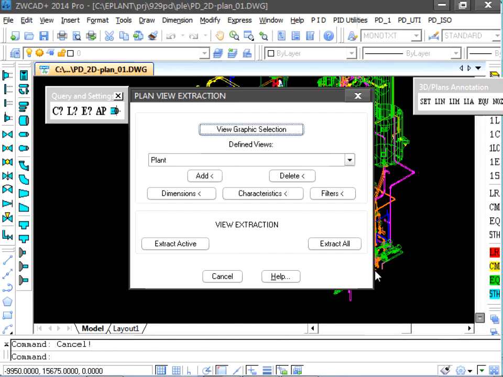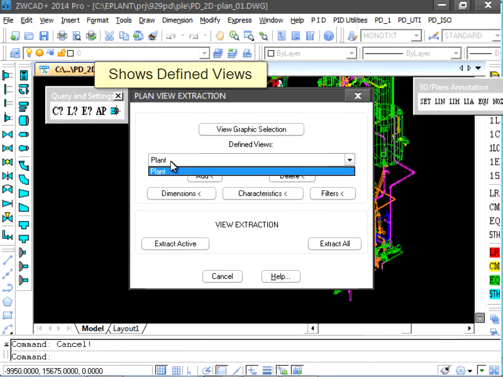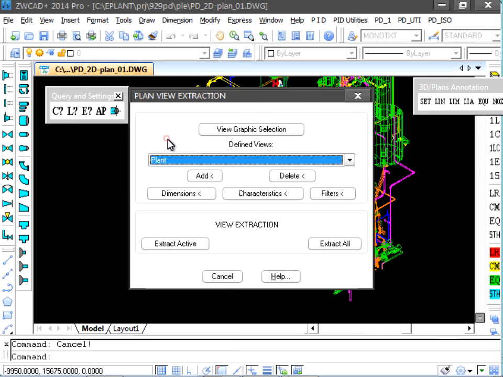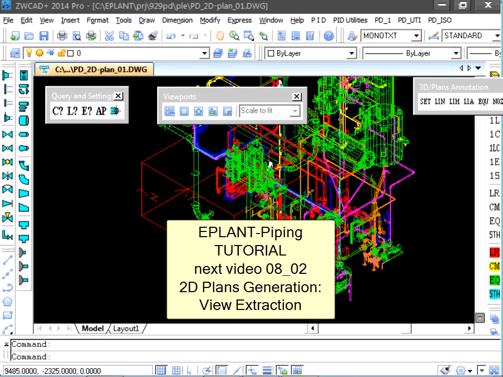Executing again the view command, the general dialog box opens because at least one view is already defined. The menu shows all the defined views. In our case, we have only one view. We can query and modify the dimensions and position of the box defining the view. To modify the view orientation, we have to modify, in the viewport